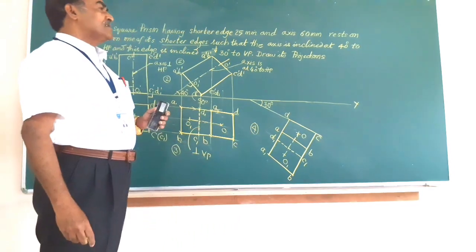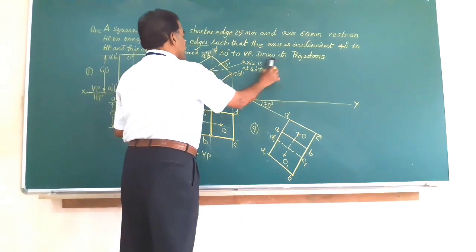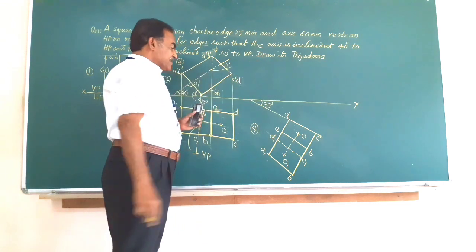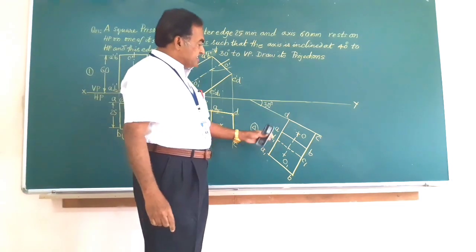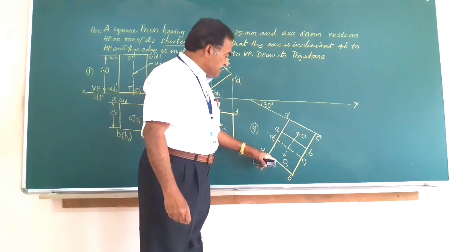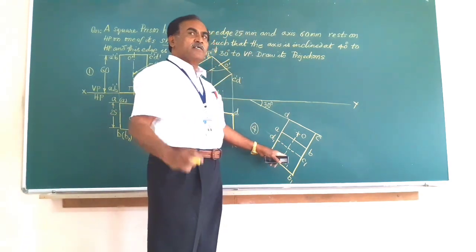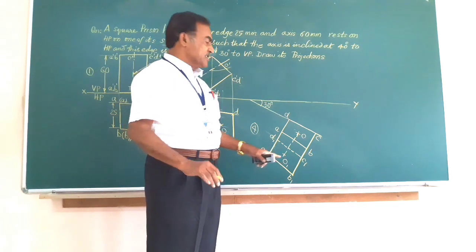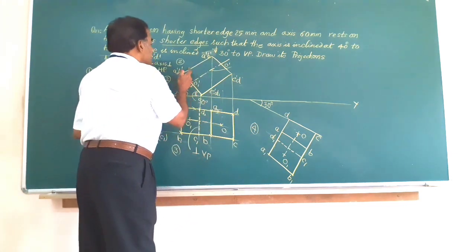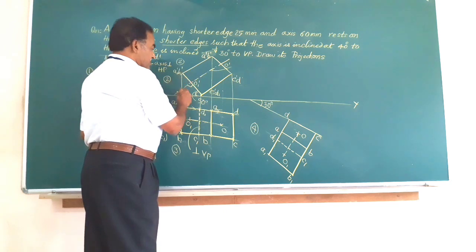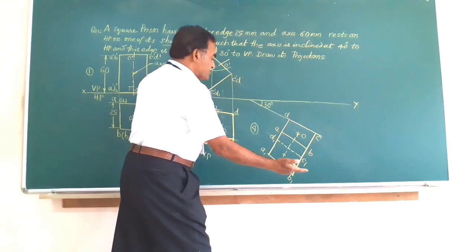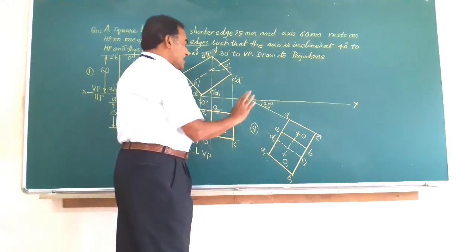Now I obtain the front view of the object finally. So how to obtain the front view of the object? Follow the rules, my dear friends. If you just see the top view, final top view, the bottom face, square face, A1, B1, C1, D1 is very close to the observer, and hence you will be able to see the complete base. So in the front view, the base is A1 dash, B1 dash, C1 dash, D1 dash. In the top view, it is A1, B1, C1, D1. Follow the procedure, get all these 4 corners of the bottom face.